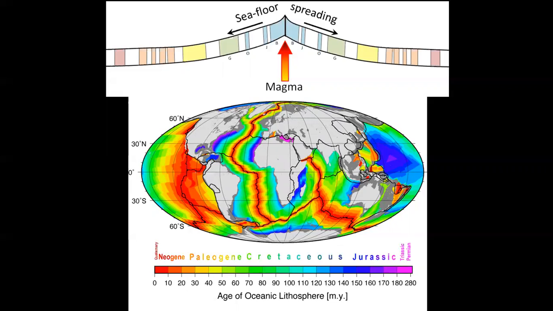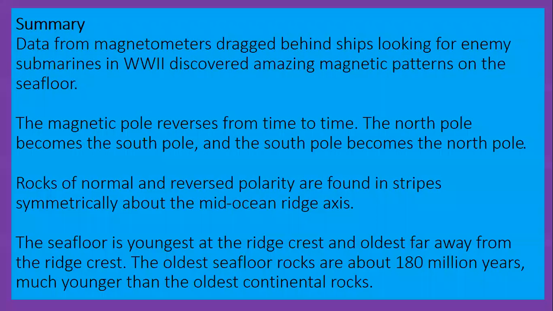This leads to an important idea. Some process is creating seafloor at the ridge crest. Somehow, the older seafloor is being destroyed. Finally, we get to the mechanism for continental drift. So in summary,